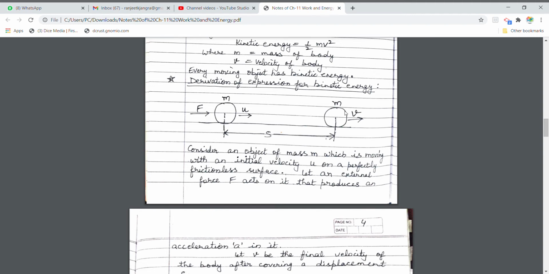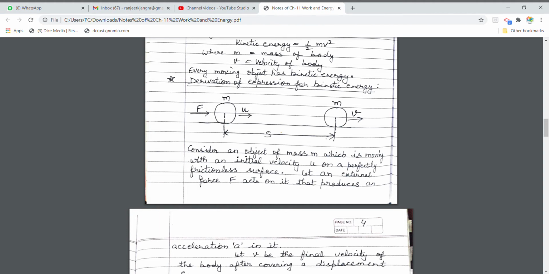As you know, kinetic energy is the energy possessed by an object by virtue of its motion, and the formula for kinetic energy is half mv square. So here we are going to derive this formula, half mv square, and this question comes in exams for 3 or 5 marks. So consider an object of mass m which is moving with an initial velocity u on a